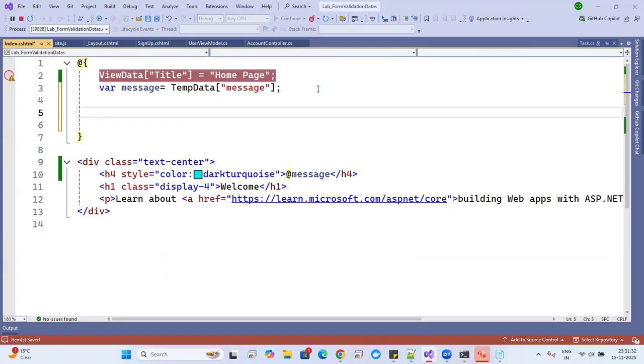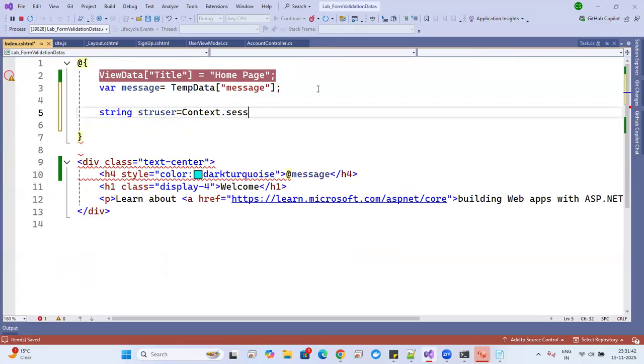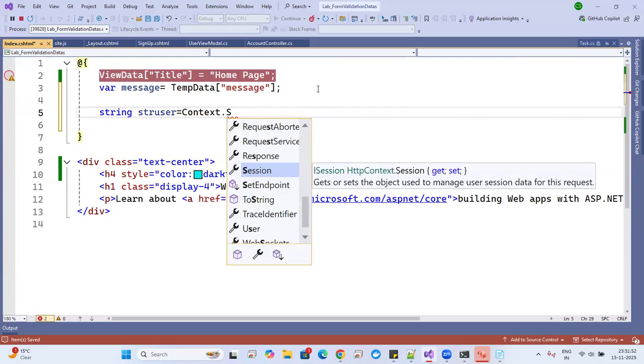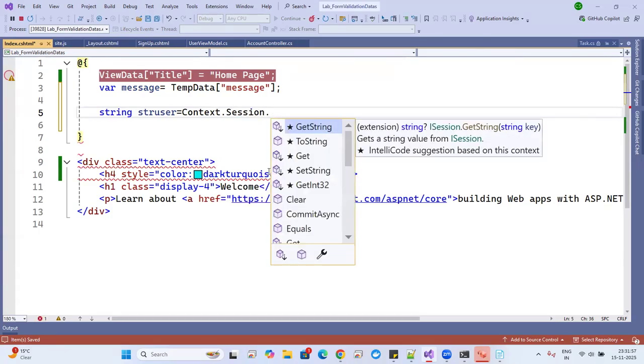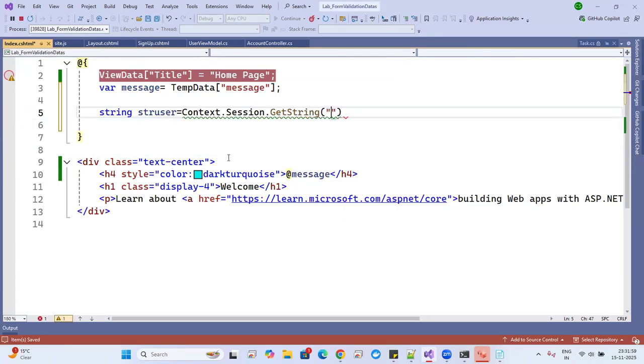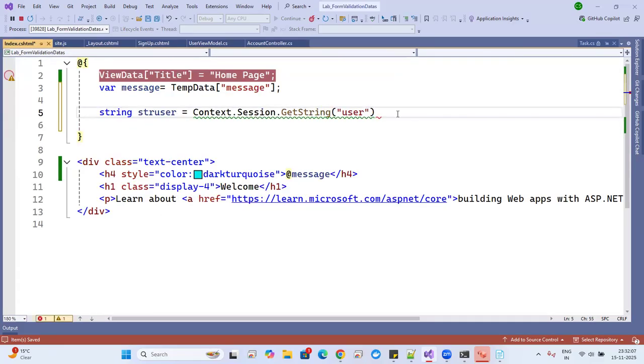Now string str user is equal to constant dot session dot get string, and the key here is user. Through this user,